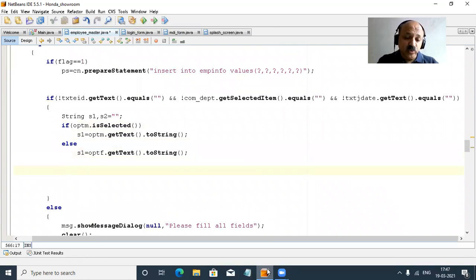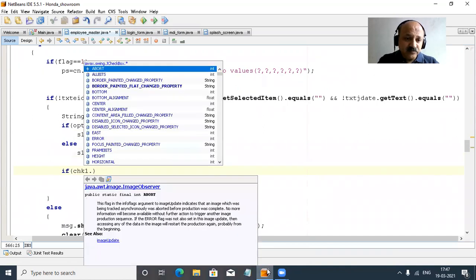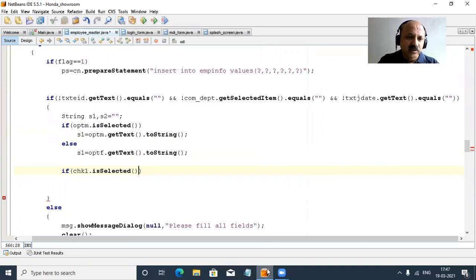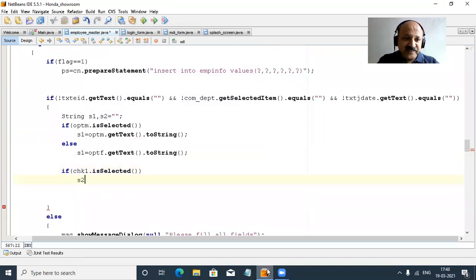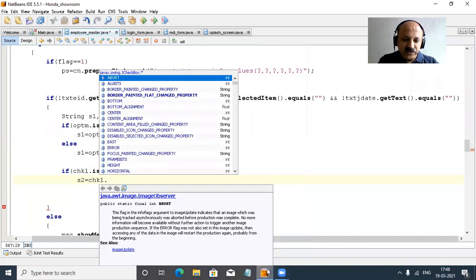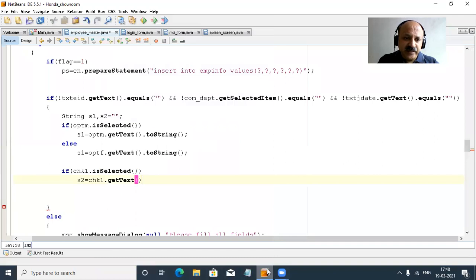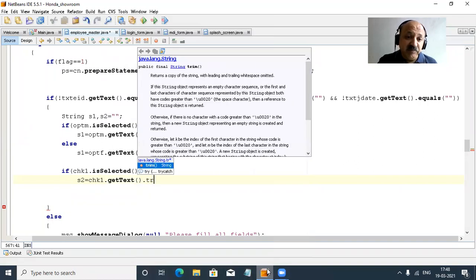And now turn to our three checkboxes. So what to do? So CHK1, and then isSelected, same, the return is boolean. So like in the radio button, the checkbox is the same but the S2 variable, and that is CHK1 dot getText, yes, and trim. Yes, sometimes there can be blank spaces included, so we can use trim.